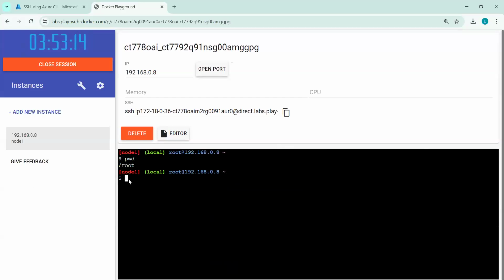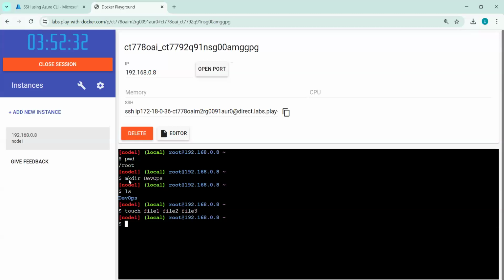Now, if I want to create a folder, I will use the command mkdir. Let's create a folder and see whether that folder is created or not using the ls command. It will list the folder. Here you can see it is a little bit colorful compared to the Azure account, so you can see the colors as well. Let's create some files. How to create files? We have learned that we can create multiple files at the same time using the touch command. So the touch command will create multiple files. Let me give the names file1, file2, file3. So I have created three files using the touch command.